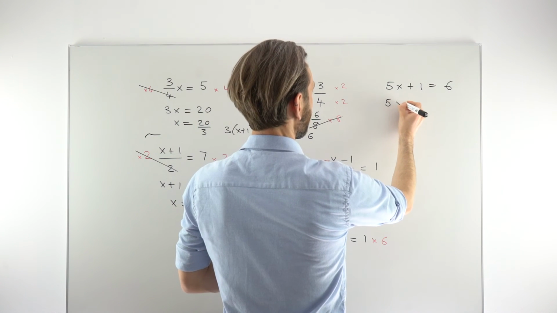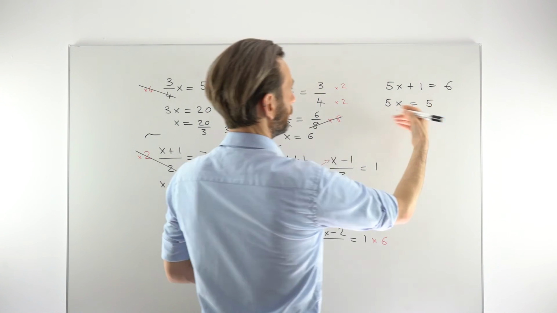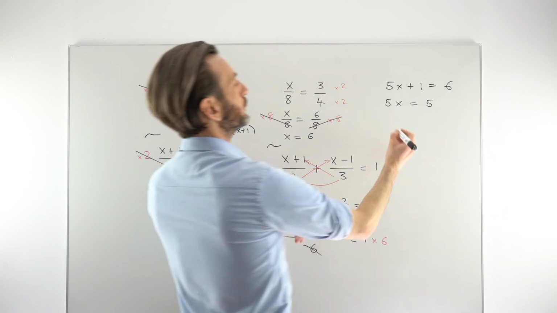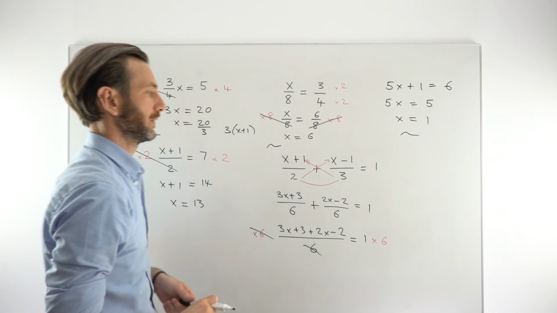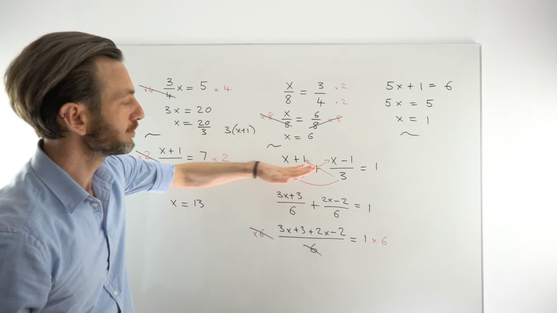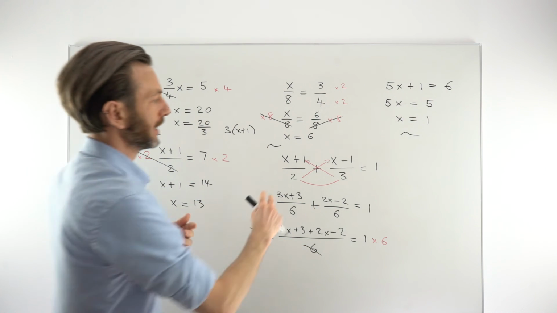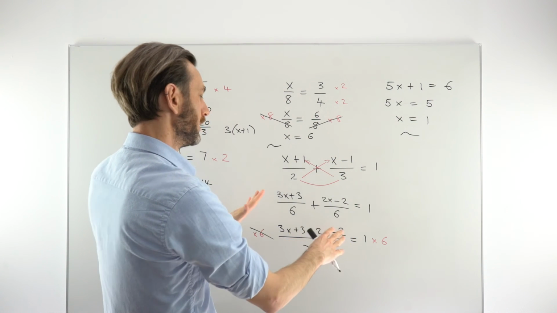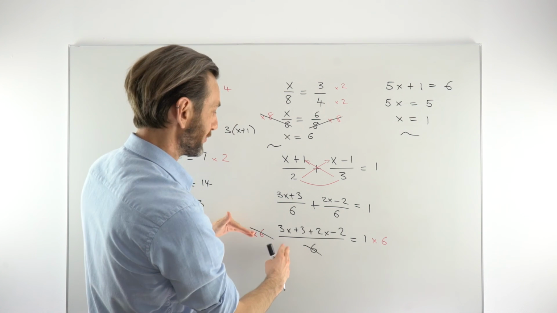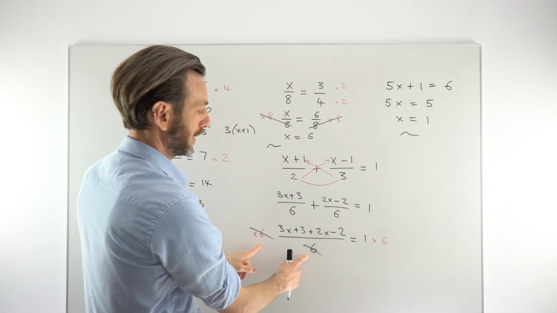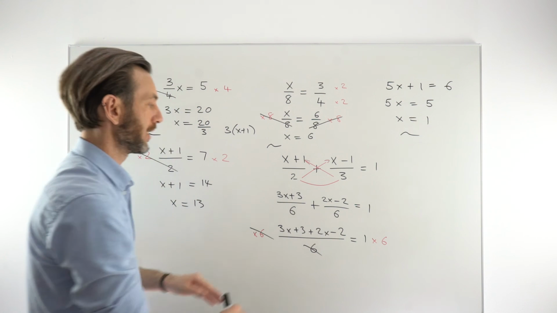So we get 5x equals 5 by moving that 1 to the other side, and then just dividing by 5 to get x equals 1 is the final answer. So you can see there's just more work involved in that one. We're bringing in a bit of algebraic fractions, keeping track of our algebraic terms, and then it's not until we're a few lines of working in that we can actually start to think about getting rid of the fraction